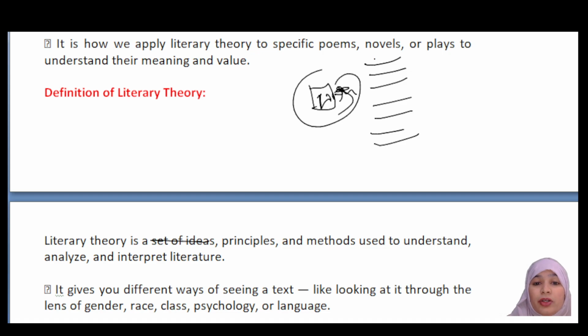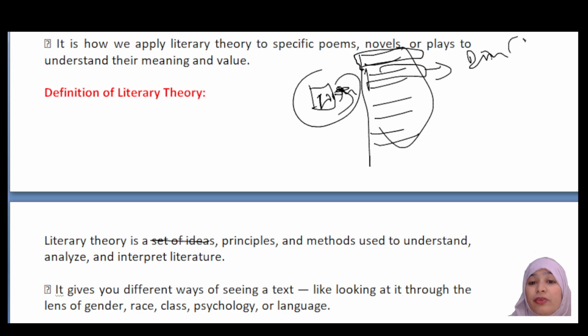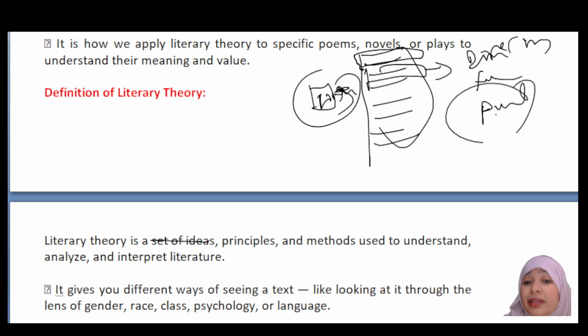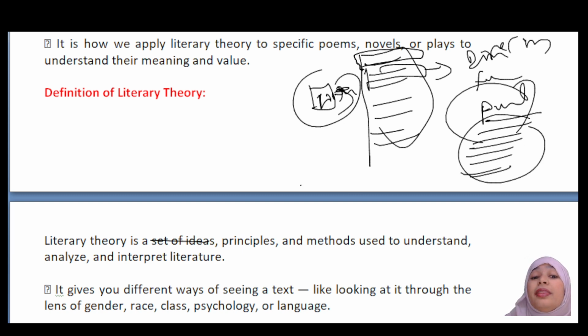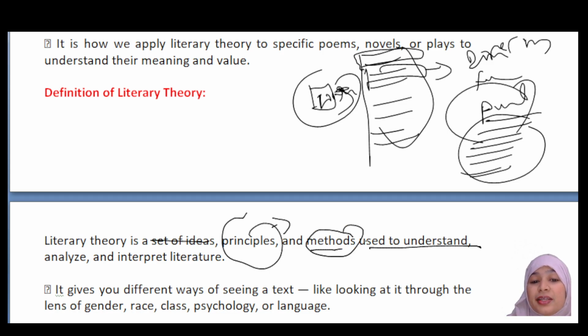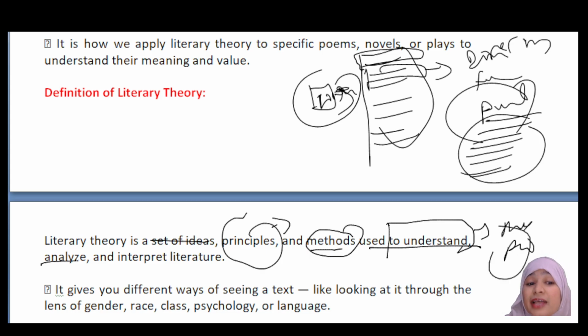In that particular work, first you need to collect in which scene, in which line we can see the influences of Marxist or reflection of Marxist point, or a reflection of feminist point, or a reflection of post-colonial point. Then you make that set of ideas or principles. What are the methods you need to follow while collecting those ideas, and the methods used to understand. Yes, these are the methods for knowing the particular topic called Marxist or post-colonial, and to analyze it and interpret it